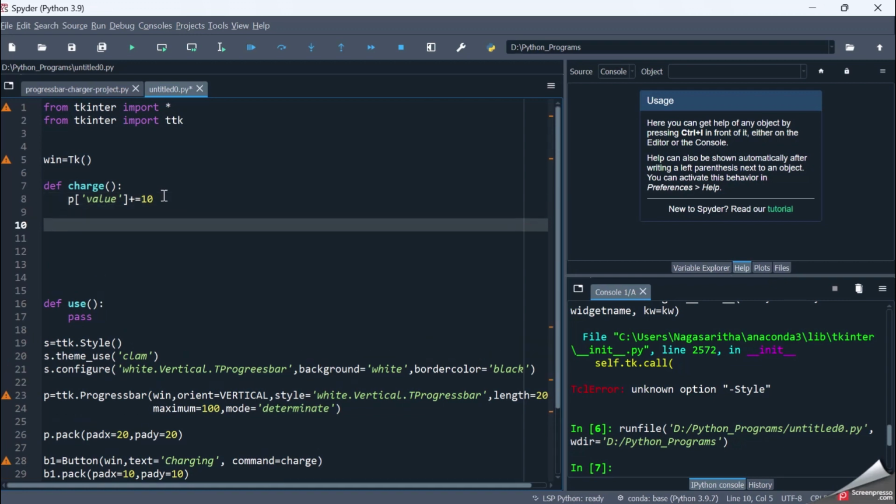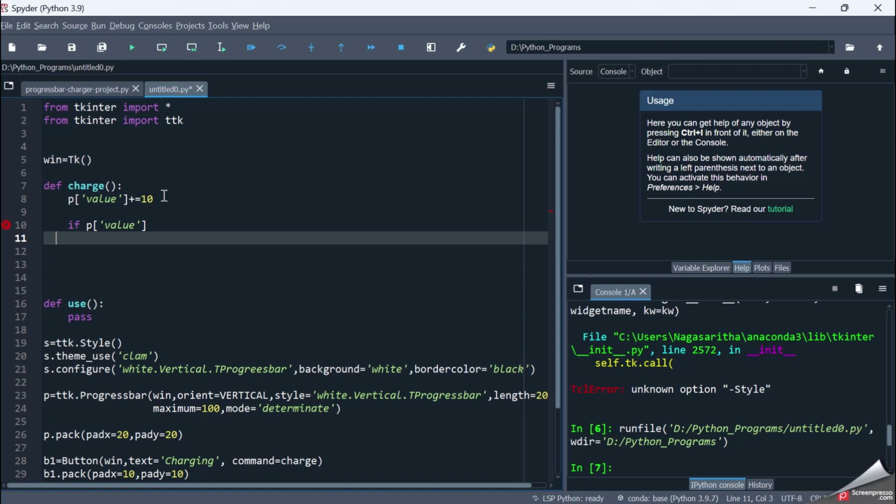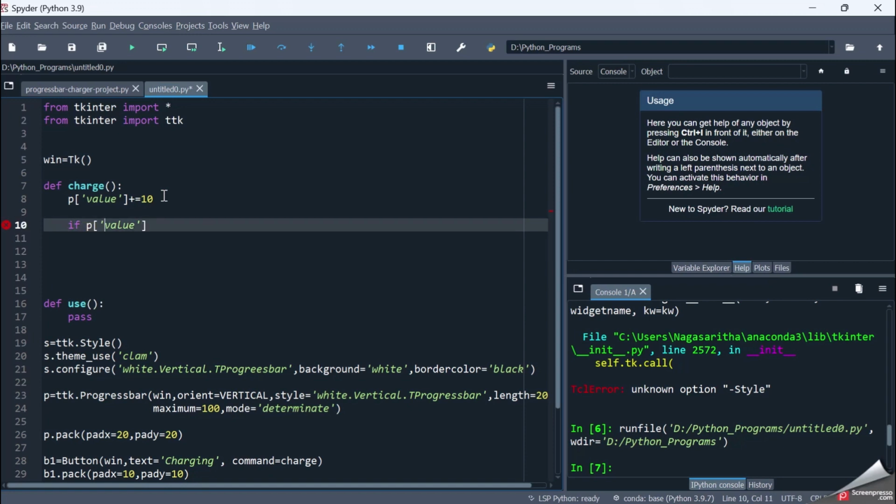And now I'm checking for some condition. If p of value reaches 100, that is the maximum limit, so if p of value equal to 100,